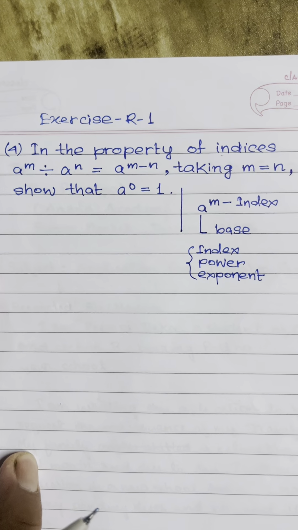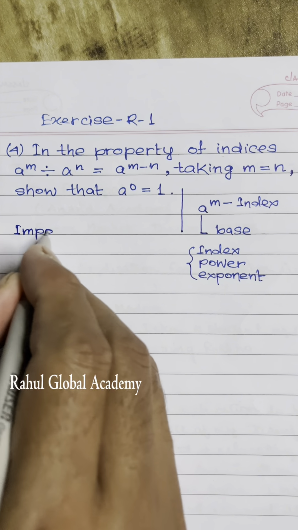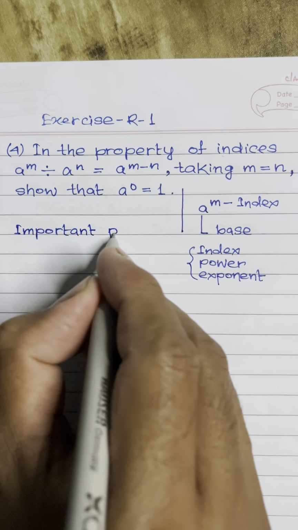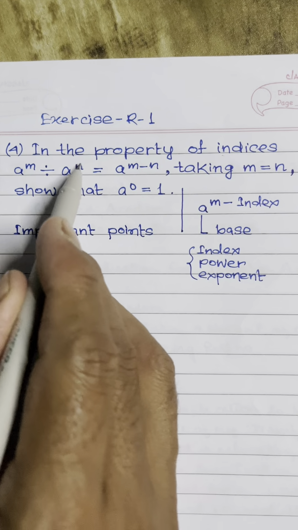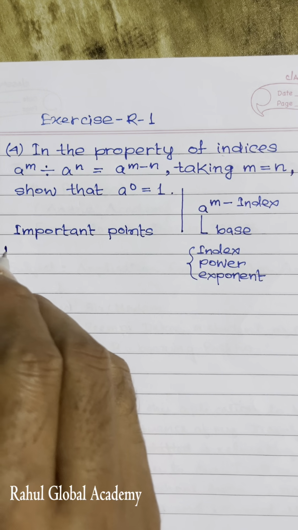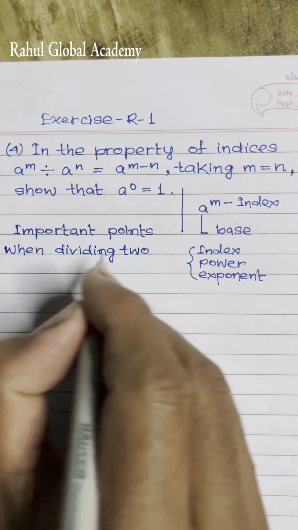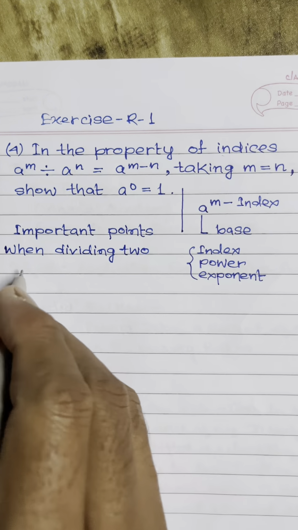Actually, I made a post on properties of indices yesterday. Hope all of you have gone through it, and whoever is left, I must suggest you, please go through it. It will help you to understand it better. So the important point is, when dividing two expressions sharing the same base,